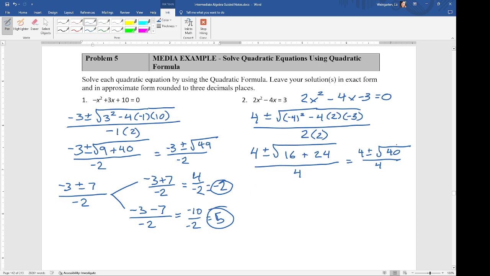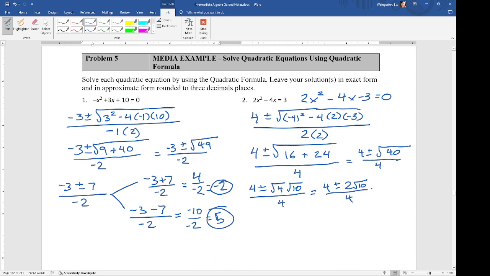I can simplify that. I can factor out a 4. So we end up with 4 plus or minus 2 times the square root of 10 over 4,